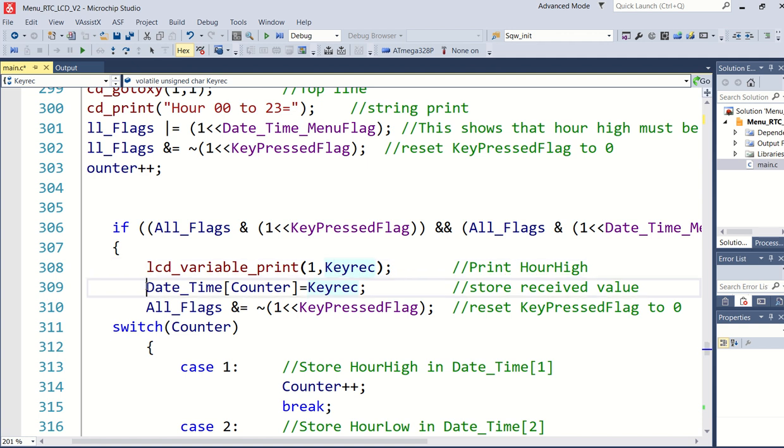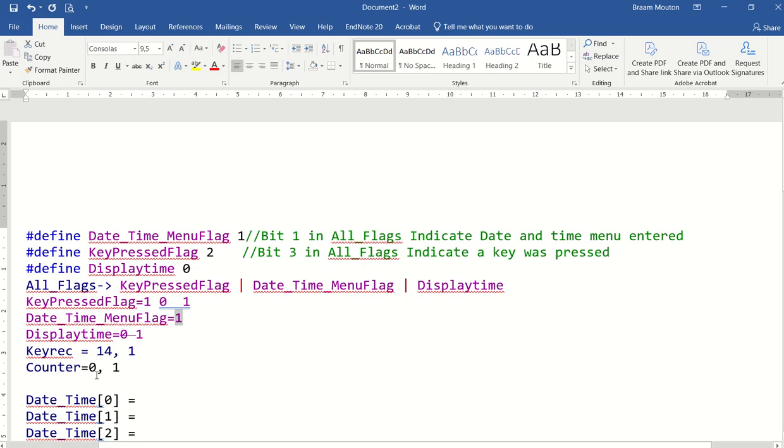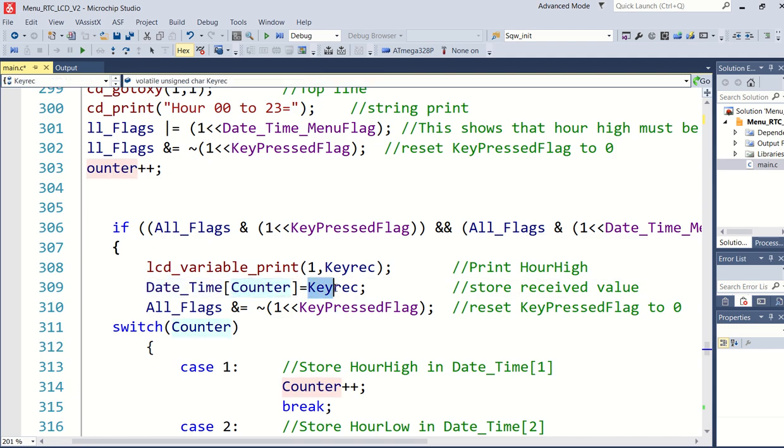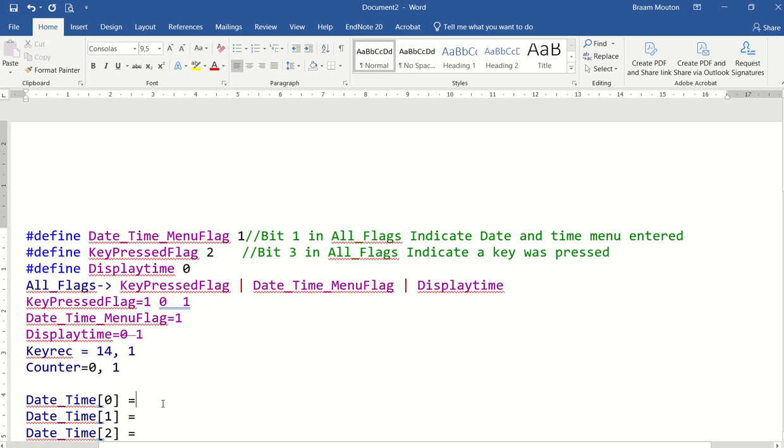But what I'm also doing is I go to date time array. My counter, as you will recall, is 1. I'm just going to prove it to you. My counter is 1. There it is. And I'm now storing key rec into that position. So if I go to my Word document, in this position here, key rec position number 1, element number 1, I'm placing a 1 in there.